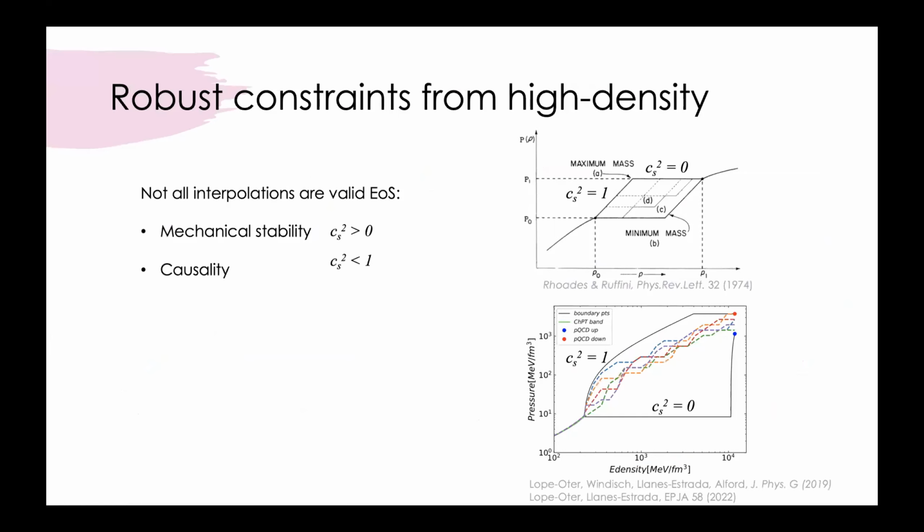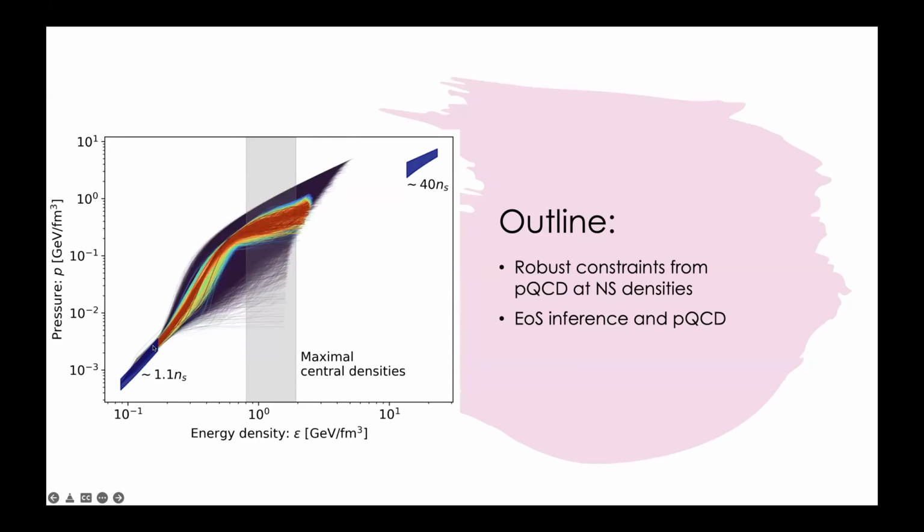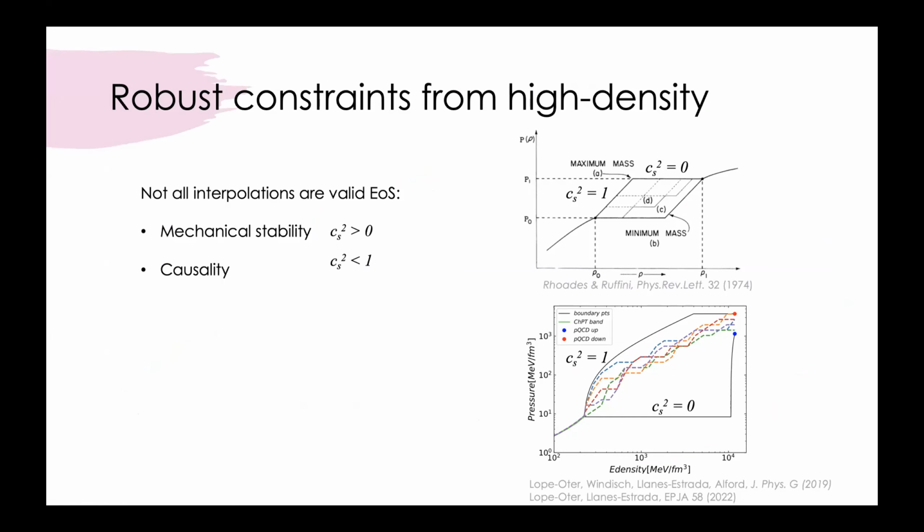So you can look at this plot here and think that, okay, I can draw any kind of line between the two ends, but that's not true in thermodynamics, and that is also not true especially in relativistic thermodynamics. There are conditions on what kind of functions you can use to interpolate the equation of state. From normal thermodynamics, there's a requirement that the resulting equation of state has to be mechanically stable. So it means that in this e-p plane, the function has to be monotonic.